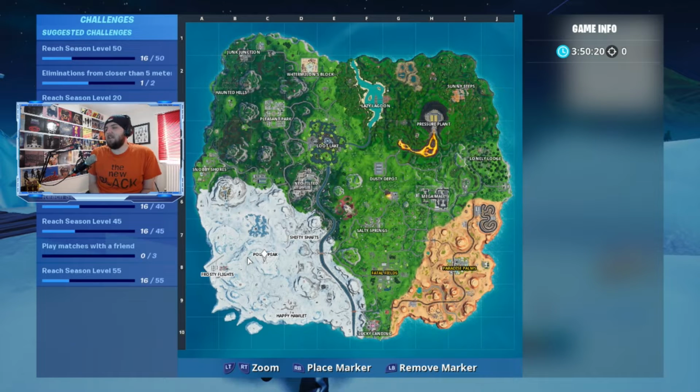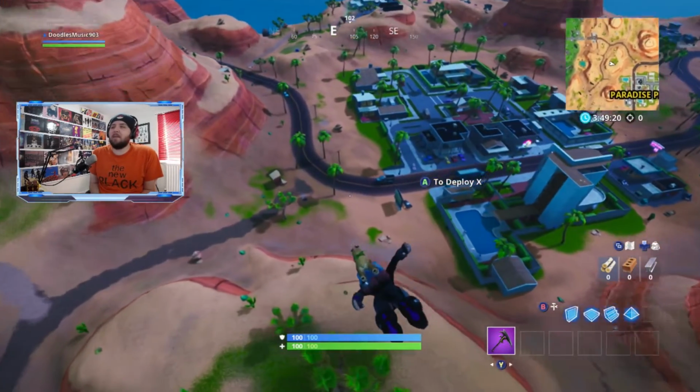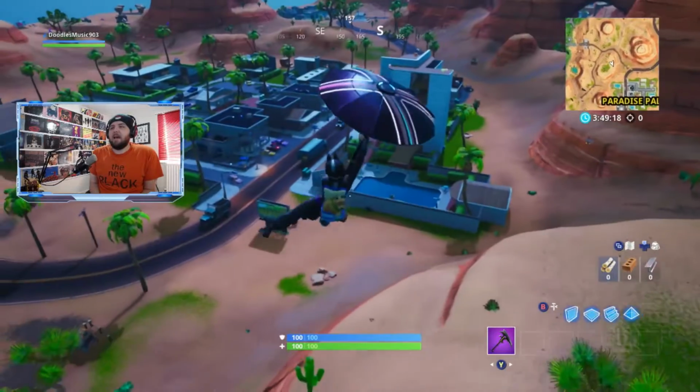The next one we're going to be taking a look at is on the other side of the map at Paradise Palms, and that is one of my favourite spots from when I first started playing the game, and that is Moisty Maya. Let's go and check it out. So right, here we go, we're going into Paradise Palms, and this is obviously where the location of Moisty Maya